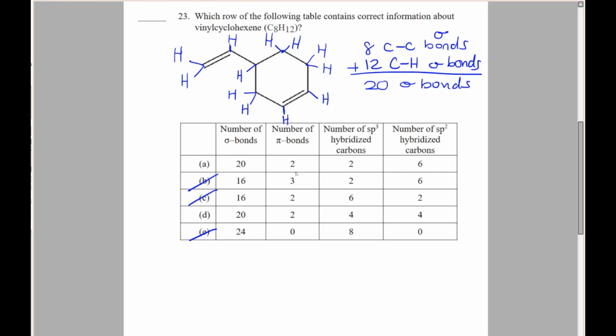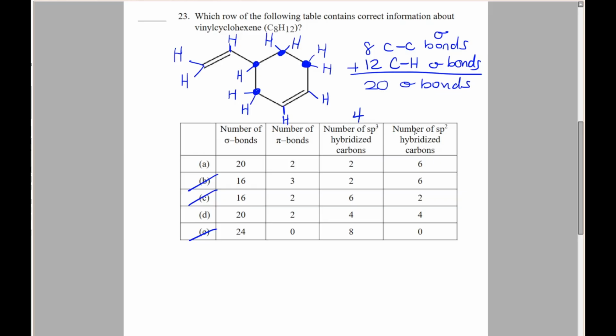An sp3 hybridized carbon is pretty much just a carbon that is tetrahedral, or it has 4 bonds. So we're looking for, or counting, the number of carbons in this molecule that have 4 bonding groups, not 4 bonds in particular, but 4 bonding groups. So the only ones are going to be this carbon, this carbon, this carbon, and this carbon. So we have 4 sp3 hybridized carbons, and then we have to look at the sp2 hybridized carbons, which is